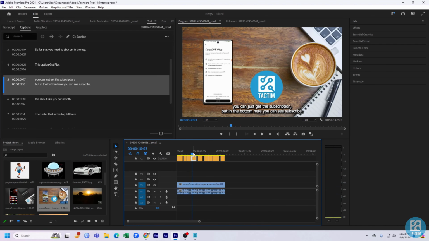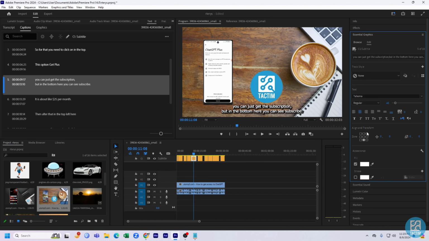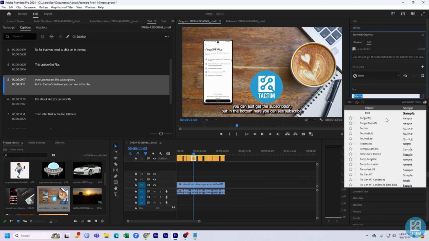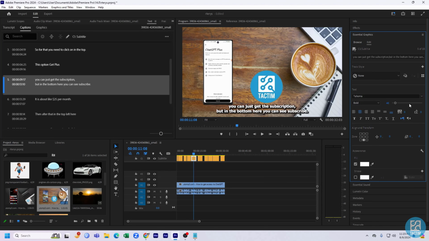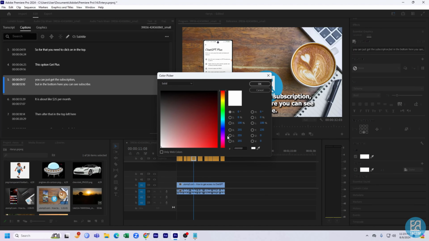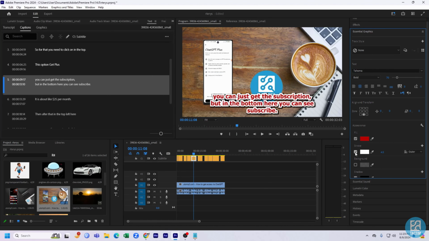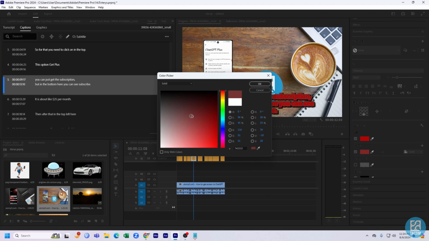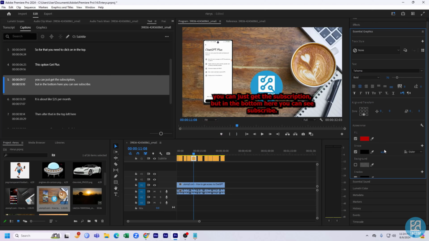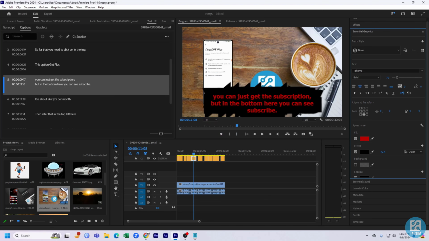Just like if you click on this caption and if you click on essential graphics, you can change this caption. It's like if you change the font, you can do it like this. You can make the font bigger if you like. You can change the font color if you click on fill like this. If you click on stroke, you can give the font a border, like a type of stroke like this. You can make the stroke bigger